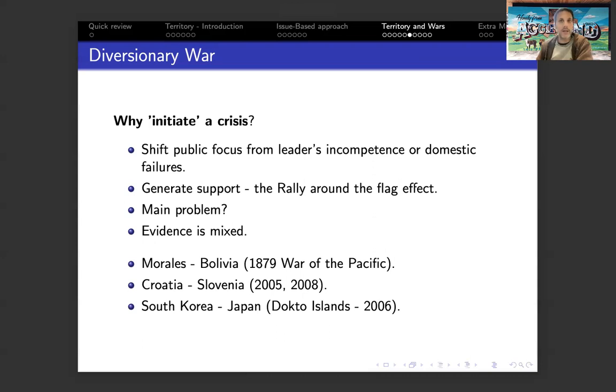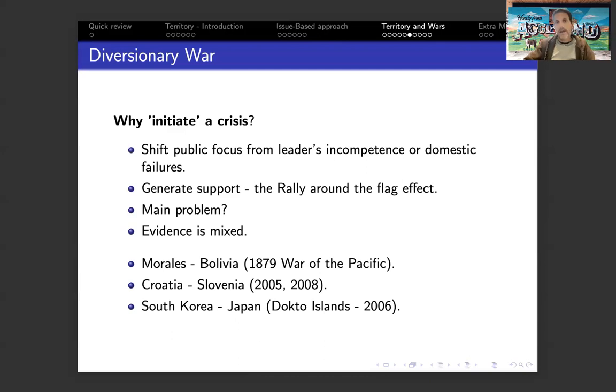Former Bolivian President Morales has faced, over the last 10 or so years, growing protest at home from a lot of domestic political crises. What he did in order to divert public attention away from the domestic crisis is to spin a loss of coastline, which took place in a crisis with Chile back in 1879. The War of the Pacific was a war between Bolivia and Chile, and Bolivia lost part of its coastline to Chile at the time. Morales has used those kinds of things to spin a potential crisis with Chile when he faced substantial